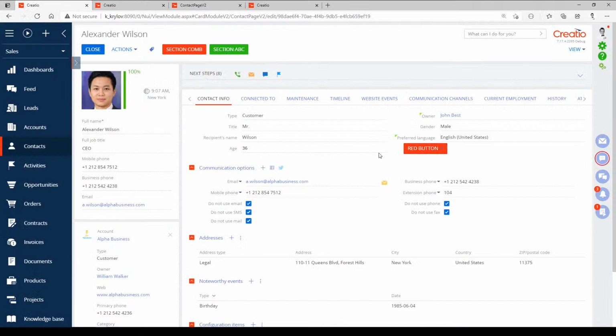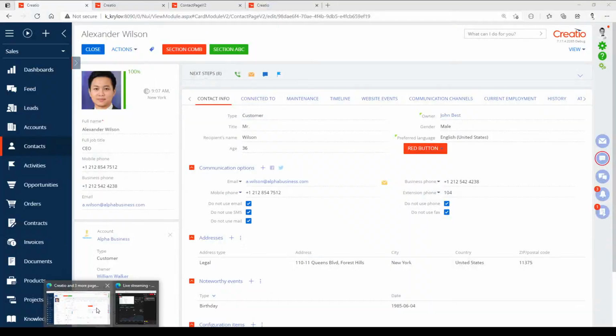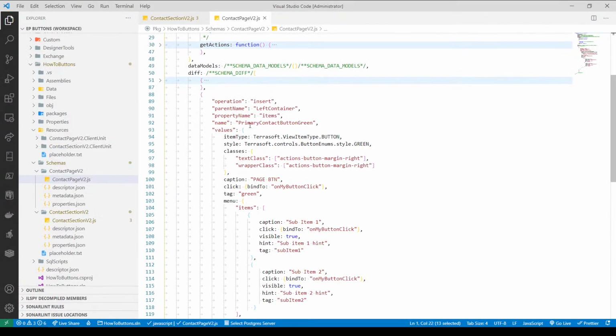So the way we add a button onto here is exactly the same way that you would add any other component, be it a text box, a checkbox, or maybe a link. Let's take a look at how we're adding this and in which way we can actually add it. So we're starting off by defining our